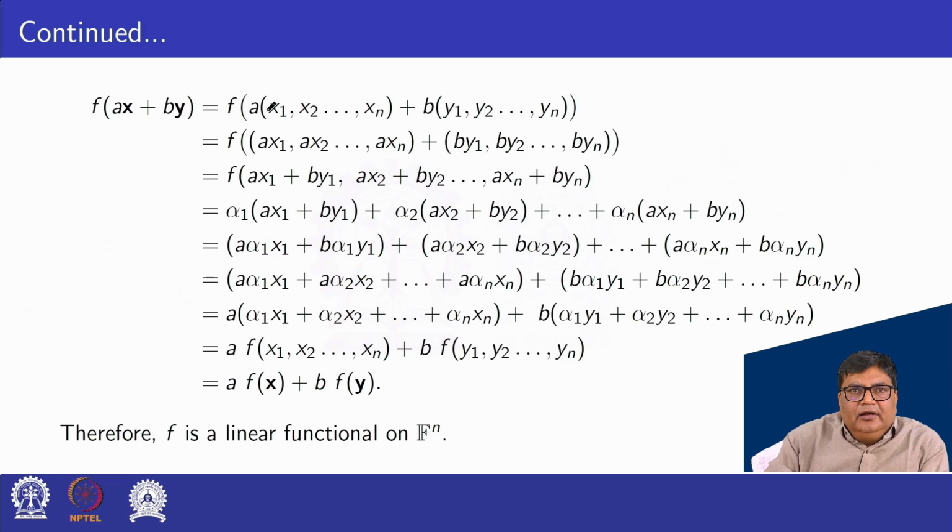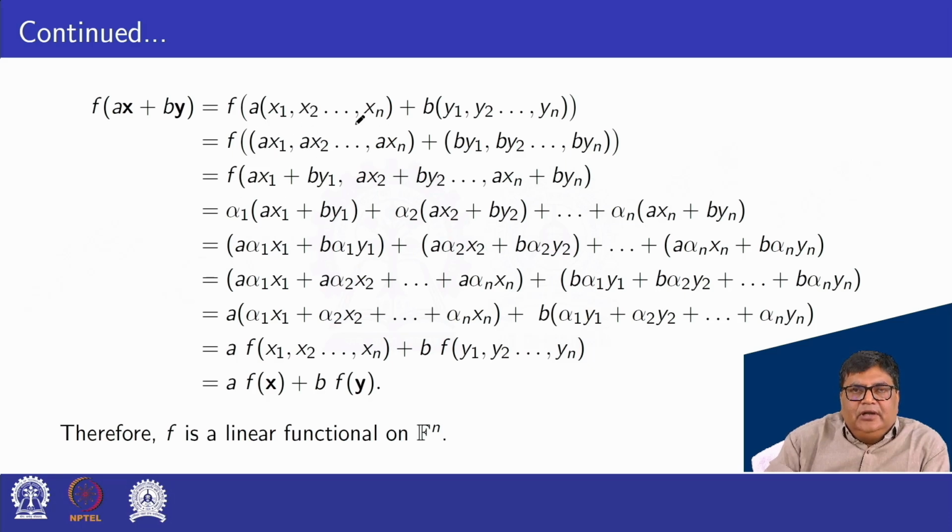Then f of a times (x1, x2 and so on xn) plus b times (y1, y2 and so on yn). This can be written as f of (ax1, ax2 and so on axn) plus the n-tuple (by1, by2 and so on byn) equal to,